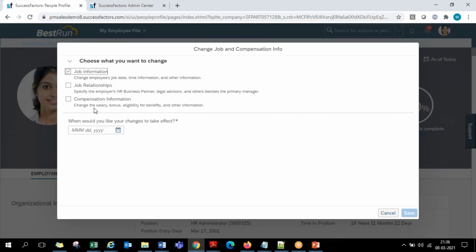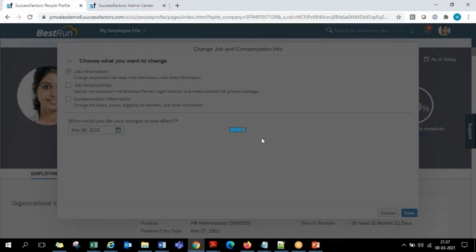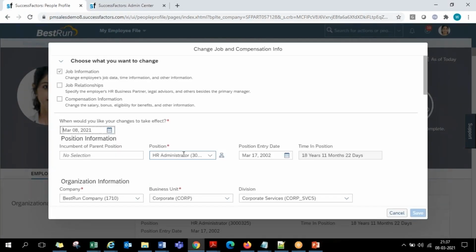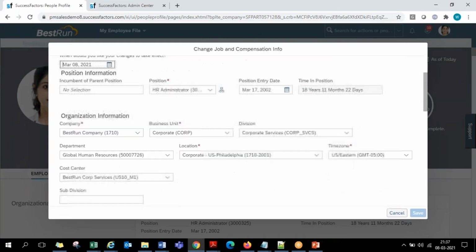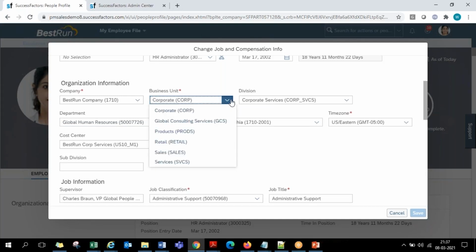Now, if I want to update the employee job information, which is nothing but the employee subdivision or any other changes, effective today, I want to make some update in the subdivision field, which is newly added. In that subdivision field, if I have to make some entries effective today, now all the fields are appearing. Here the subdivision field also started appearing, into which I can enter the data, where all the other org information, division, departments, business units are all drop downs coming with all the list of existing data in the managed data, whatever business units created, divisions created, all that are coming here.